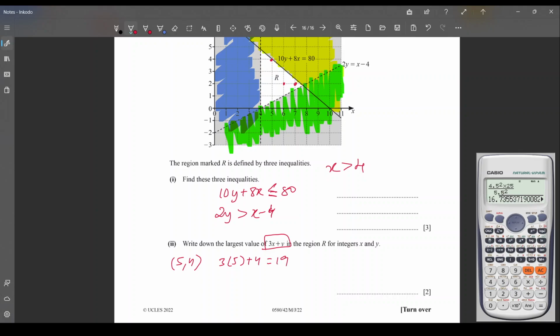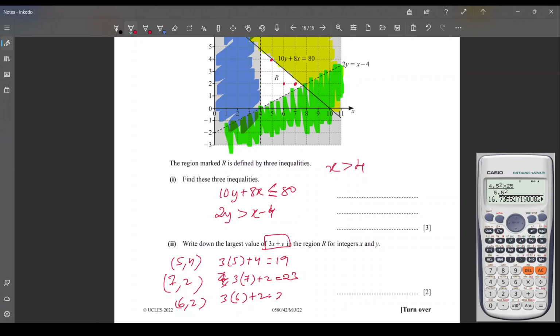If we take 7 comma 2, then 3 into 7 plus 2 gives you 21 plus 2 is 23. And if we take 6 comma 2, we'll be having 3 into 6 plus 2,